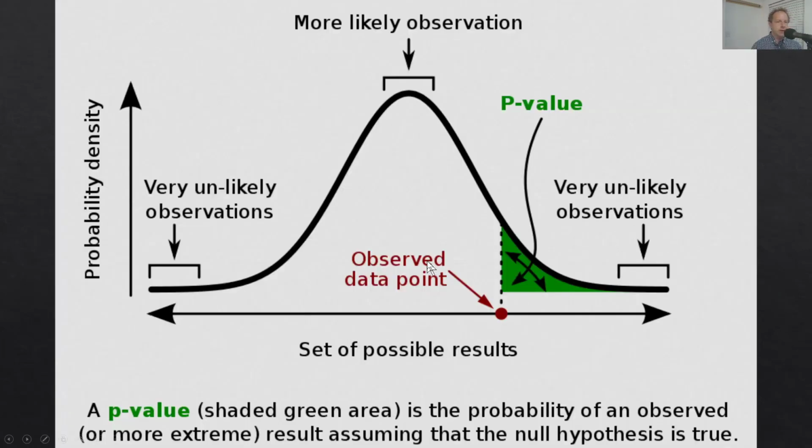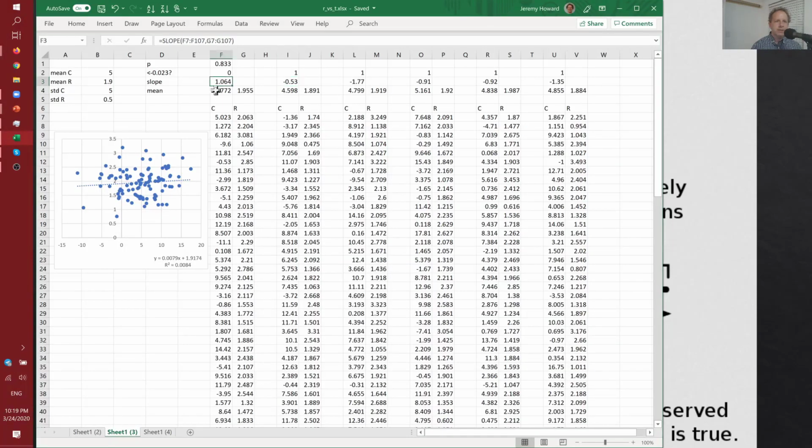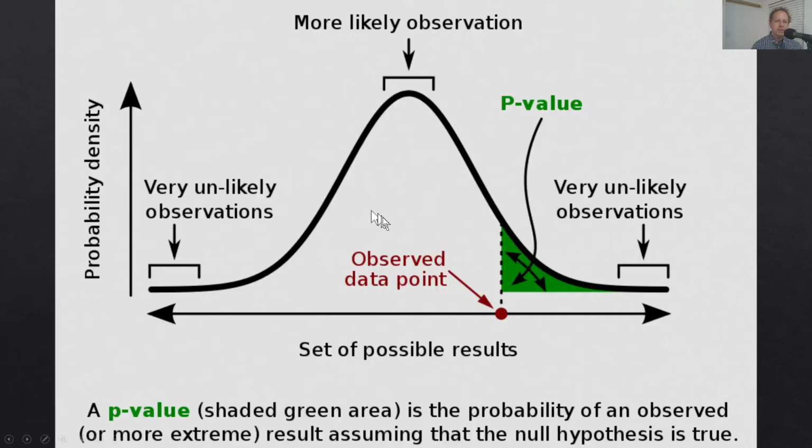This is basically what that looks like. We have the most likely observation, which in this case would be if there is no relationship between temperature and R, then the most likely slope would be 0. And sometimes you get positive slopes by chance, and sometimes you get pretty small slopes, and sometimes you get large negative slopes by chance. And so the larger the number, the less likely it is to happen,